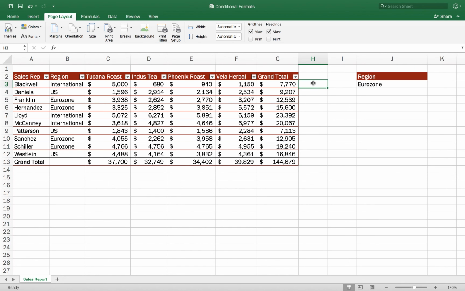You may know that functions are formulas built into Excel, and there are hundreds of functions that come with the program to do all kinds of analysis. I want to show you one of the logical functions built into Excel, where if a certain condition is true, I show some text in a cell.